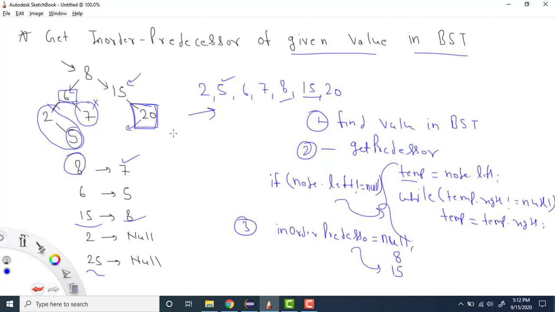So at the starting, my in order predecessor is null, right? And I want to find out the in order predecessor for this 7. So I know for this 7 my answer should be 6, right? I'll start from this root and check my given value, which is 7. Check whether this 7 is less than or greater than this 8. This is less than, so I will not touch the predecessor, it will be as it is. Then go to the left side, so node will be node of left, so node is here 6. Now check whether your given value is greater than or less than.